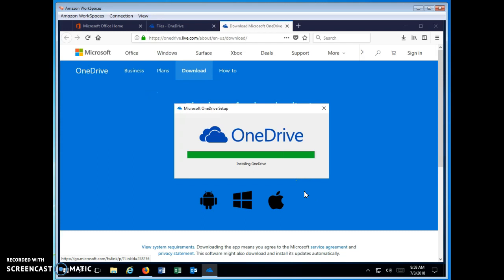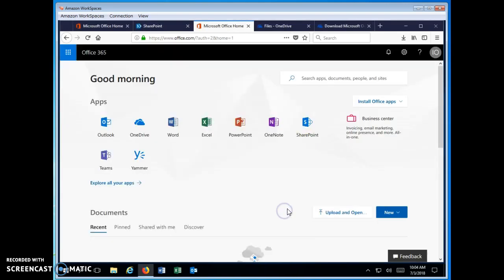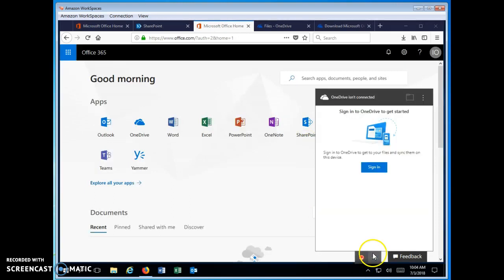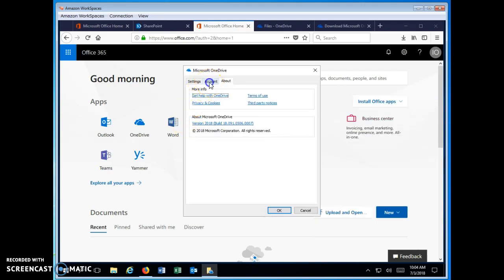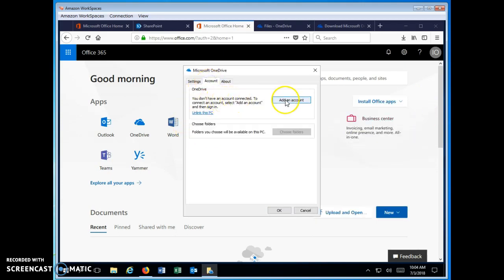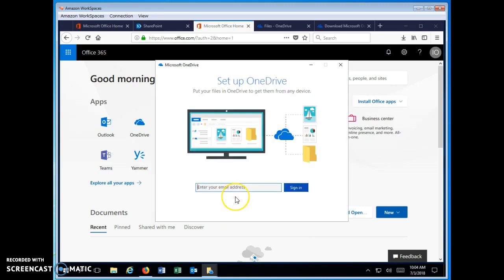So OneDrive is almost finished setting up. We're going to let this thing finish. Okay, now it's done. So we're going to sign into OneDrive, and it says OneDrive isn't connected. I found that this sign in button doesn't work worth a hoot. So you go to the drop down menu and hit Settings. Click Account, and it says you don't have an account connected. So you hit Add an Account. Here's where you put in